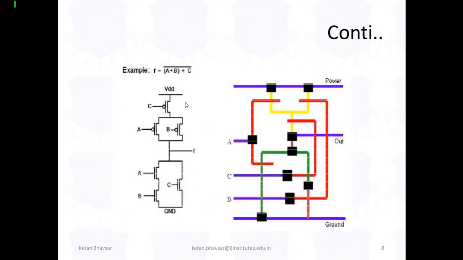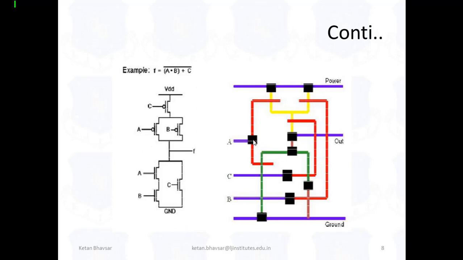Similarly, suppose I have a different Boolean equation and try to solve it. It looks like this: C, A and B. C is in series connection with A and B, and A and B are in parallel. By the normal concept, whenever we have PMOS in series, we take NMOS in parallel. So we have the opposite design. Now we can implement it in stick diagram form. It looks like this. As you can see, we are taking VCC, output and ground line. We are taking the metal of A, B and C.